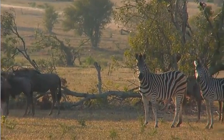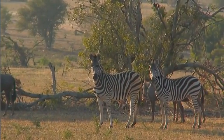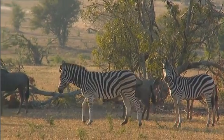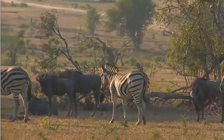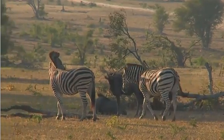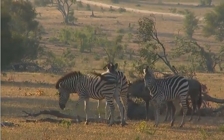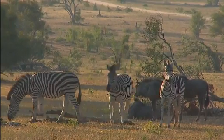I am generalizing a little bit, because this could apply to any of the animals. It doesn't have to be zebra and wildebeest, but you very commonly see the zebra and the wildebeest feeding together. And it's mainly a product of the fact that many eyes make for increased safety. But there's also the fact that zebra utilize...